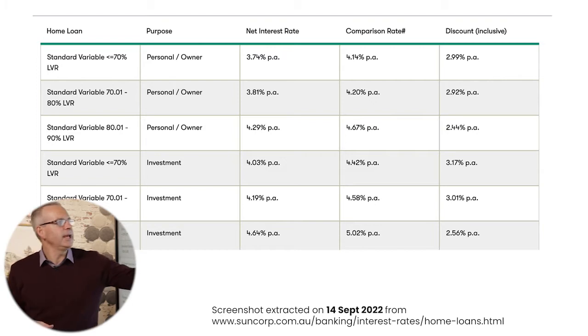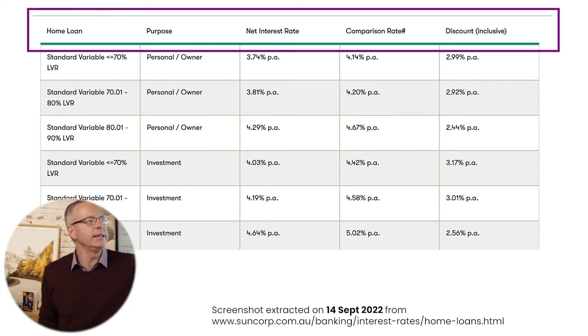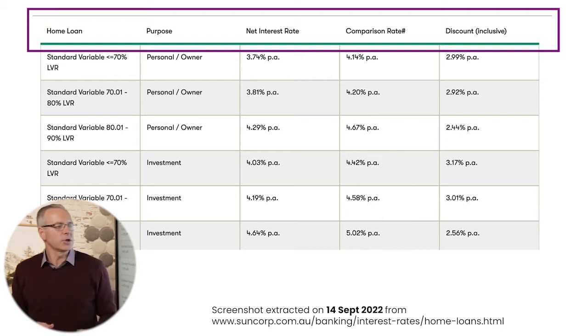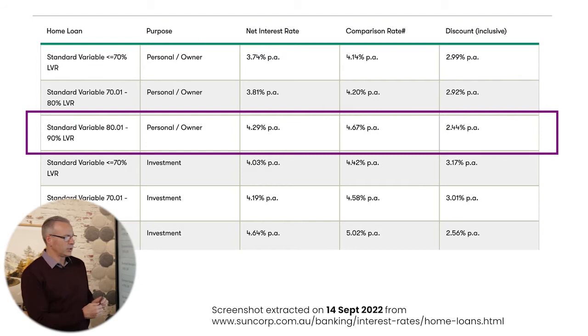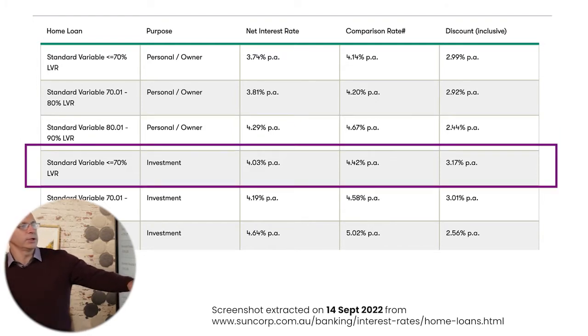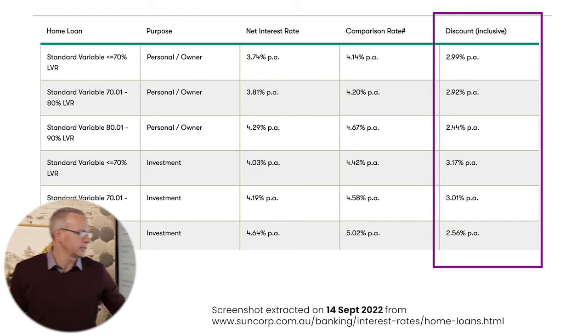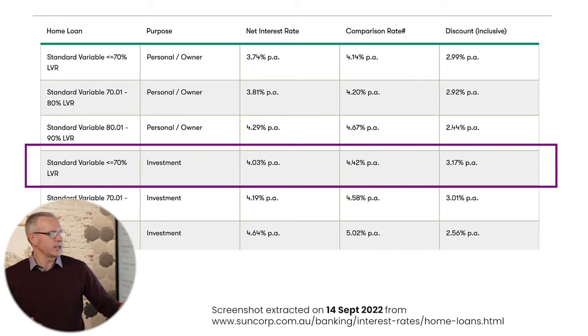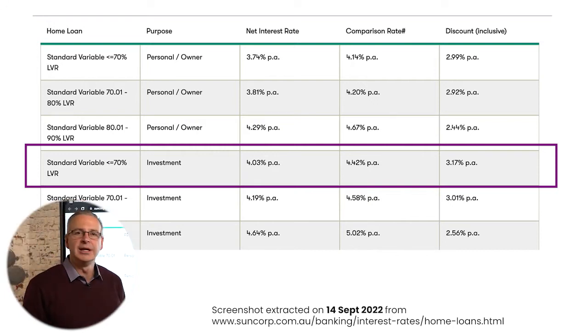It's interesting how Suncorp put their information together. What they've got is the net interest rate, the comparison rate, and their discount that's inclusive. So when we look at something like their most expensive, we can see they've got the standard variable rate for principal. We've got a 4.29 or a 4.03, and then you've got this large discount attached to that. So we look at that investment loan and we say to ourselves, wow, that's quite an expensive rate, because what's actually happening here is the 3.17 plus the 4.03, the standard variable rate in Suncorp's case,